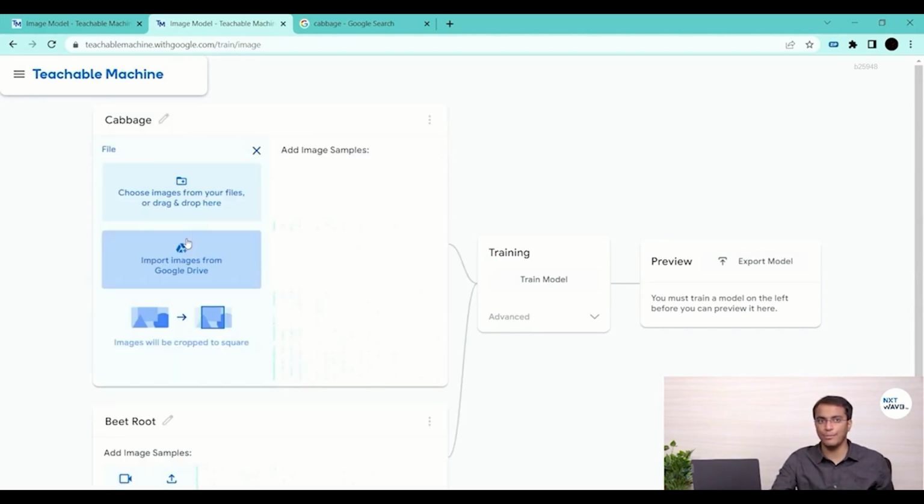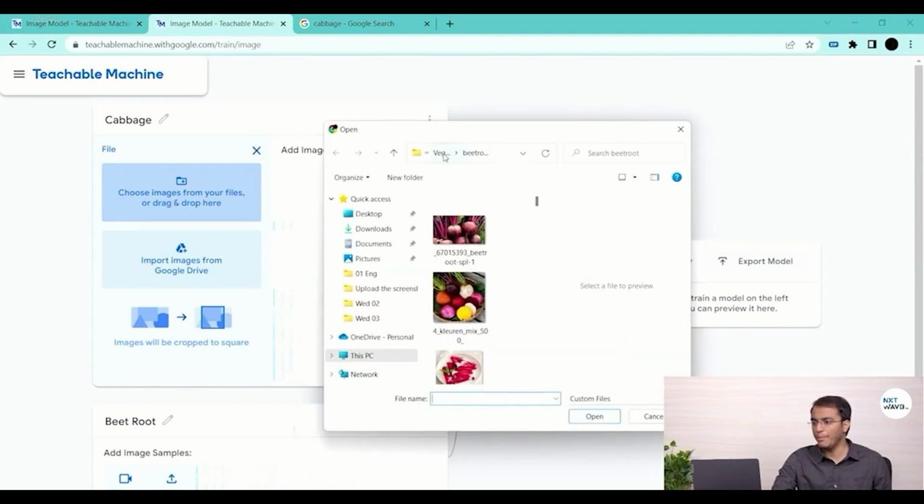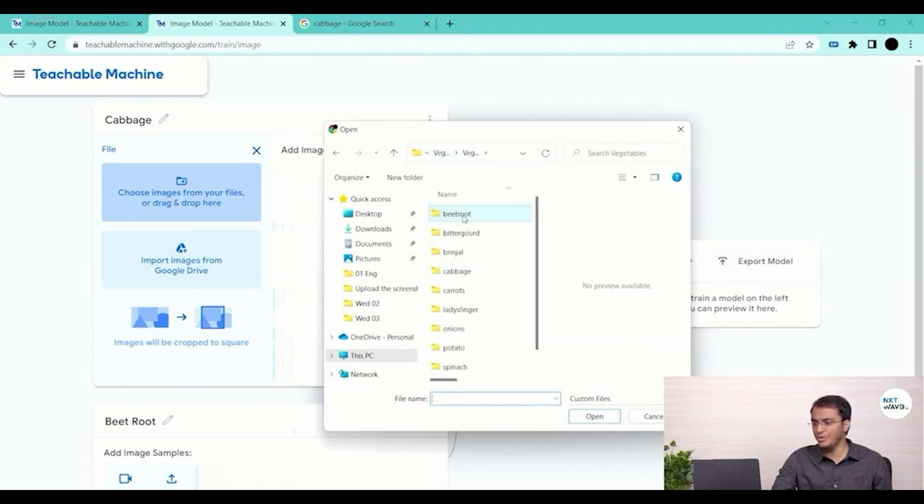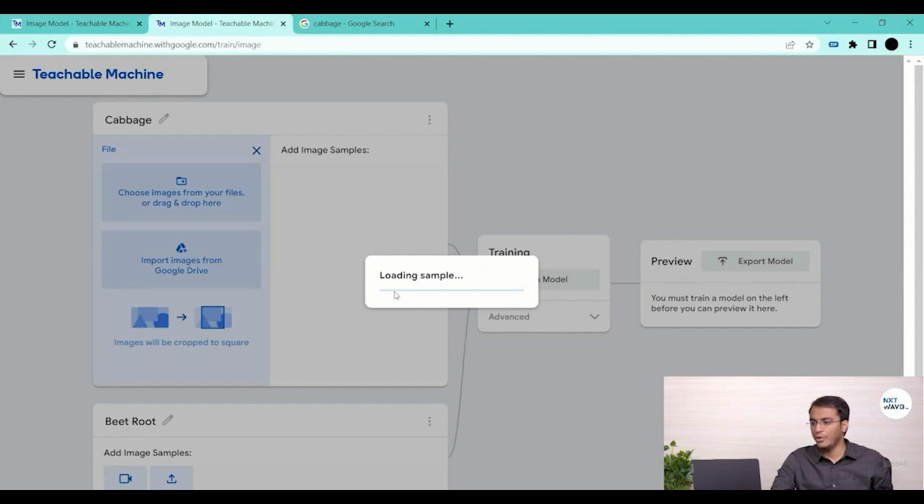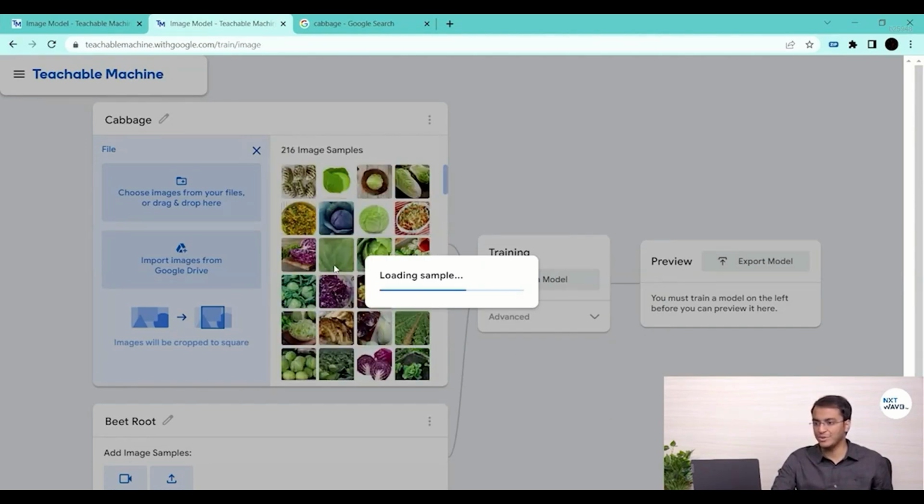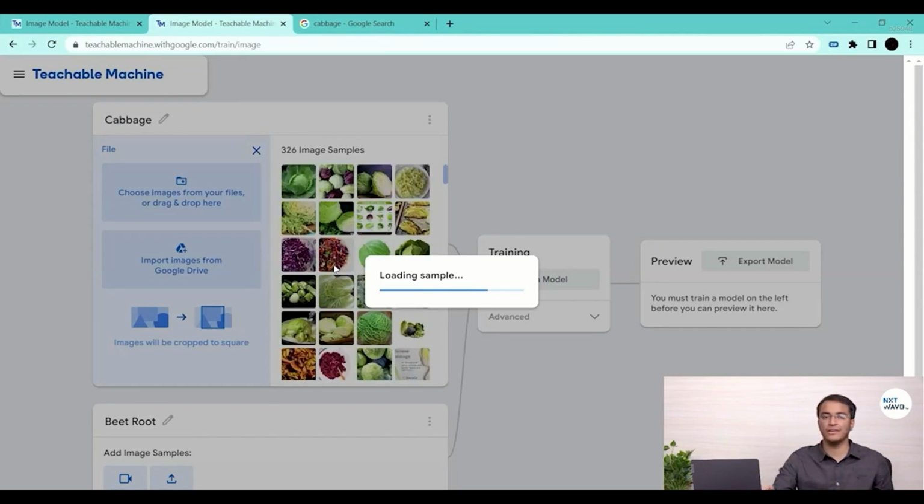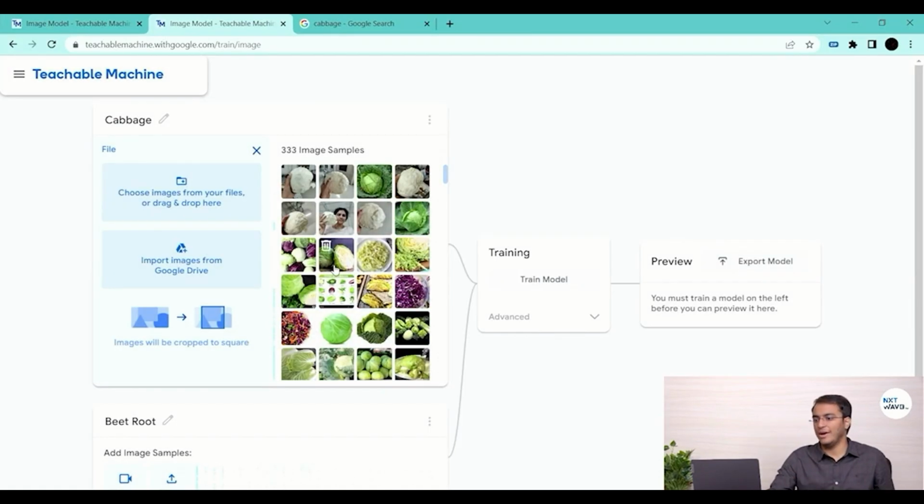I can click on this upload button. If you click on the choose images button here, there are two options: one is to import images from the drive, or choose the images from your laptop. If you click on choose images from laptop, you will get a pop-up. In this pop-up, for example for cabbage, I can go to the cabbage folder, select all the images and click open. Now all these images will be uploaded here. I have collected more than 200 samples here. You can see there are quite a lot of images that I have collected,